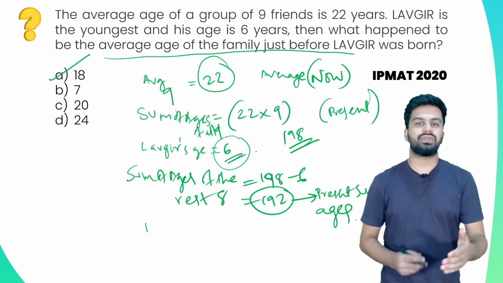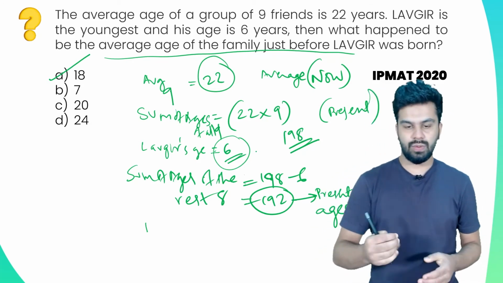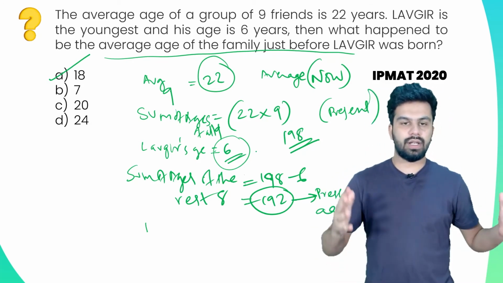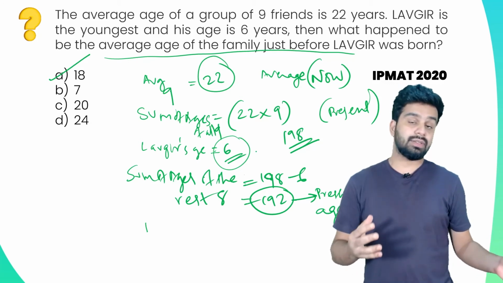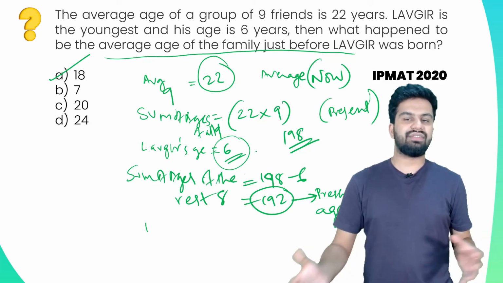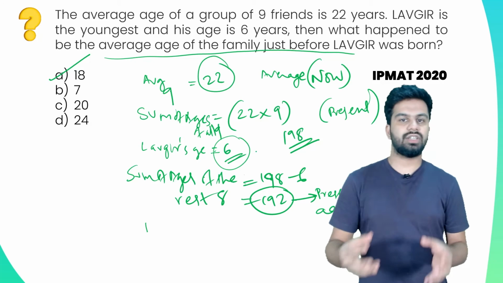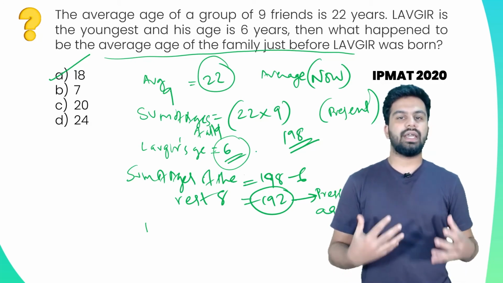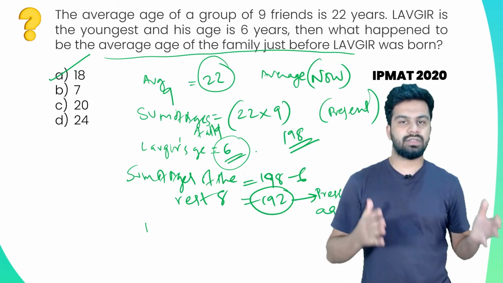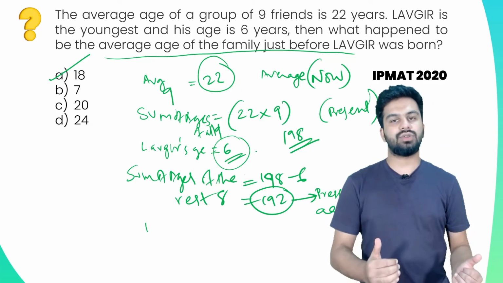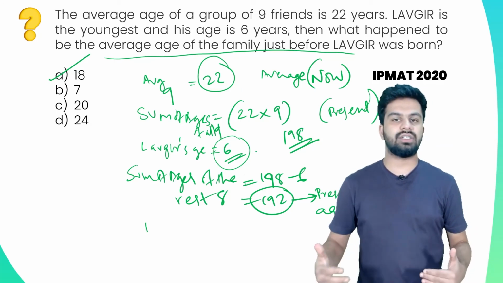So നമ്മൾ എങ്ങനെയാണ് ഈ ക്വസ്റ്റ്യൻ ആൻസർ ചെയ്തെന്നുള്ളത് ക്ലിയർ അല്ലേ? സോ ഫസ്റ്റ് നമ്മൾ എന്ത് ചെയ്തു, ടോട്ടൽ ആവറേജ് നമുക്കറിയാം, അതായത് നമ്മൾ സം ഓഫ് ഏജസ് ആദ്യം കമ്പ്യൂട്ട് ചെയ്യുന്നു, എന്നിട്ട് ലാവ്ഗറുടെ ഏജ് അതിൽ നിന്ന് റെഡ്യൂസ് ചെയ്യുന്നു, വിച്ച് ഗിവ്സ് യു ദ സം ഓഫ് ഏജസ് ഓഫ് ദ റിമൈനിങ് 8 മെമ്പേഴ്സ് ഇൻ ദ പ്രസൻറ്റ്. ഇനി ക്വസ്റ്റ്യൻ ചോദിച്ചിരിക്കുന്നത് 6 years ബാക്ക് വാട്ട് വാസ് ദ ആവറേജ് ഓഫ് ഏജസ് എന്നാണ്.